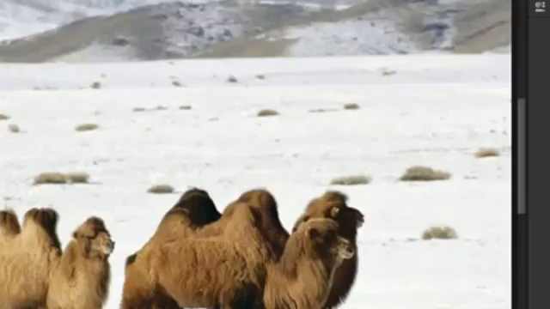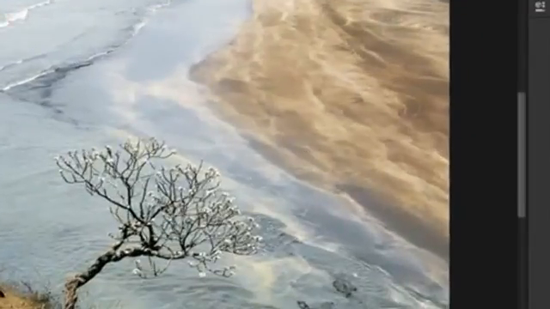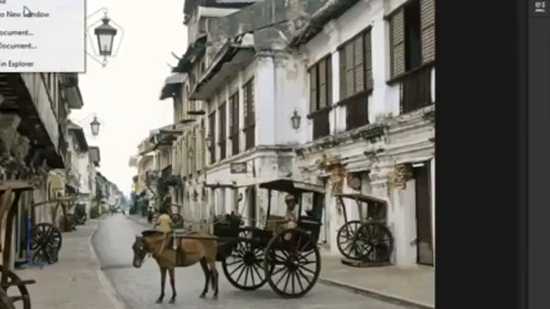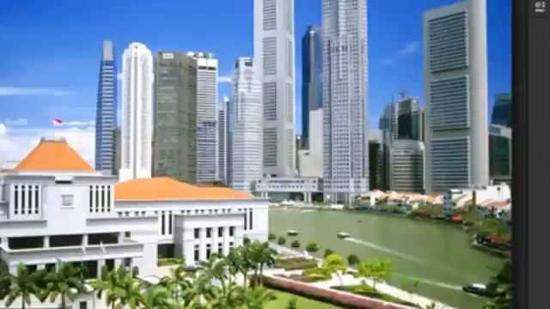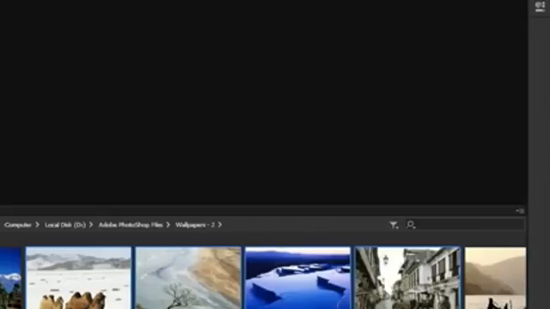Now he may be using Adobe Camera Raw for this option, but I feel that Adobe Photoshop also has a few options that can get the work done. For that reason, I'm going to close my entire thing. I'm going to right click on one of the images and choose close all, which will close all the images that were open in Adobe Photoshop, and I'm going to open Mini Bridge again